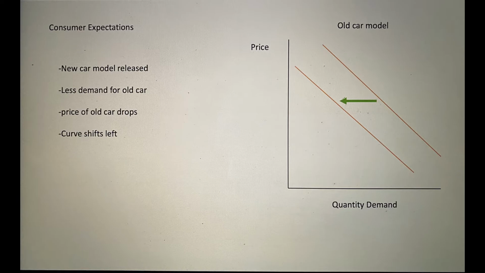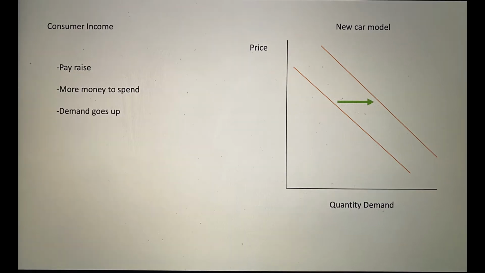In this scenario, Joel chooses to buy an older car because he knows the price will go down. This is consumer expectations. Because a newer model is released, the price for the older model decreases, along with the leftward shift of its demand curve. Another thing to consider is Joel's original willingness to buy the new model. He was more willing to buy the new model because of his recent raise. However, Joel is a big-brain individual who doesn't want to be in debt, so he instead puts more money into paying off his debts. Now, let's look at another scenario.